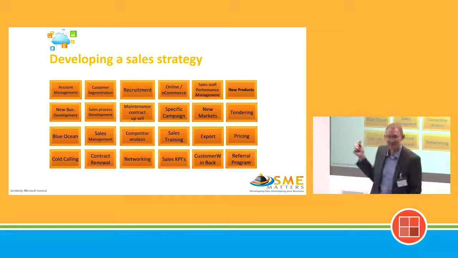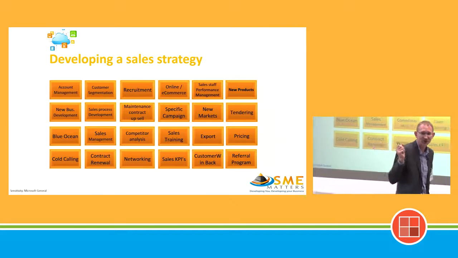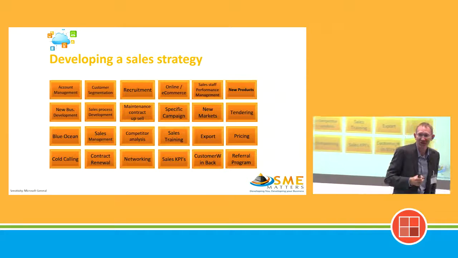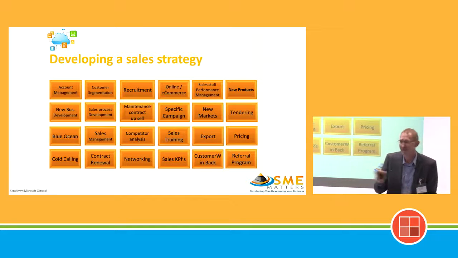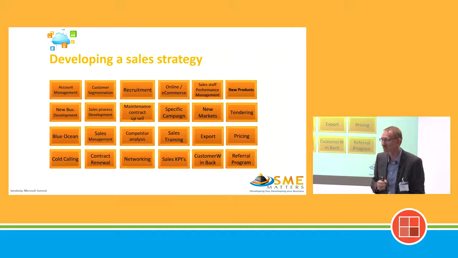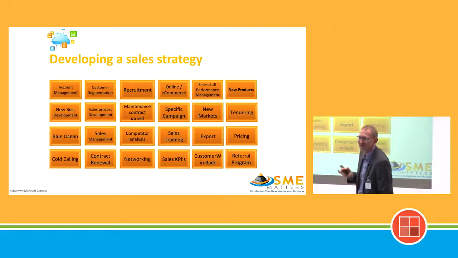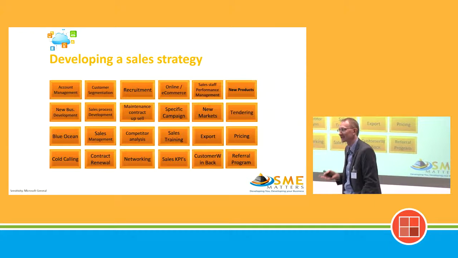And I've something like 24 boxes up on the screen there. I won't look for a show of hands, but how many of you would be able to implement 24 different strategies around sales in your company over the next 12 months? It's a hard concept to get your head around, isn't it? There is a law of diminishing returns. The more that you try to achieve, the less you will actually be successful in.